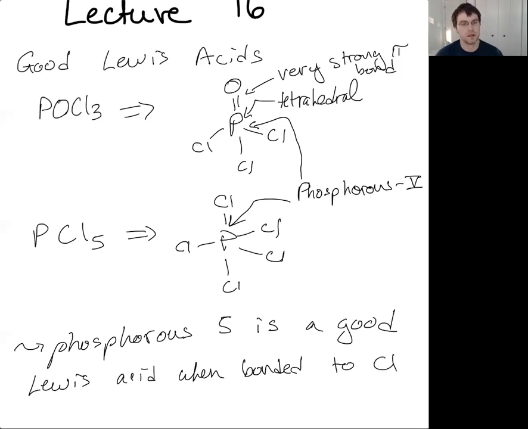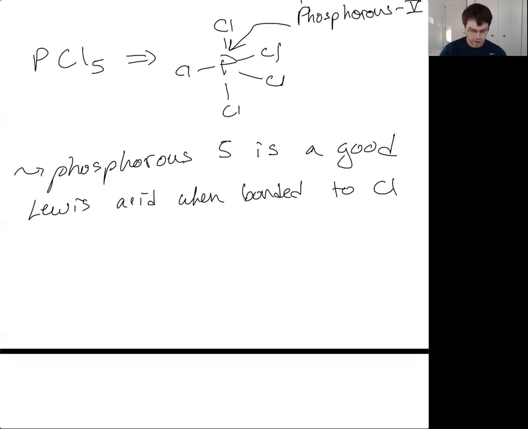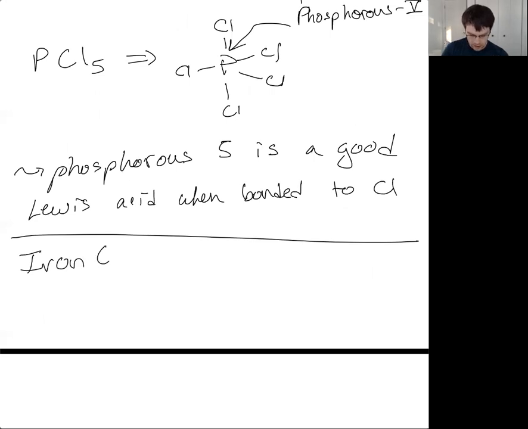Okay, now we'll get into some metals. Moving away from main group elements like phosphorus and the other things, let's get into the transition metals like iron. So in particular, iron 3, iron in the 3rd oxidation state, and we've used things like FeCl3 and FeBr3 in organic 2. But there's also